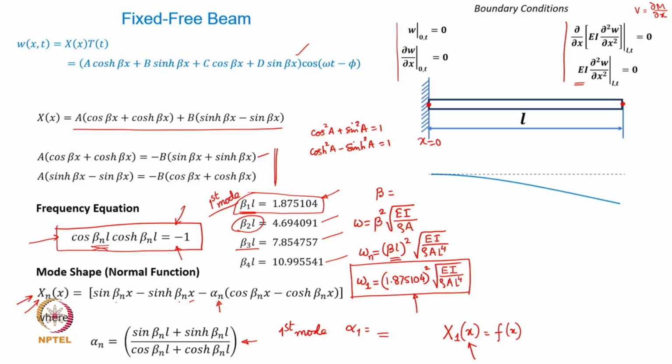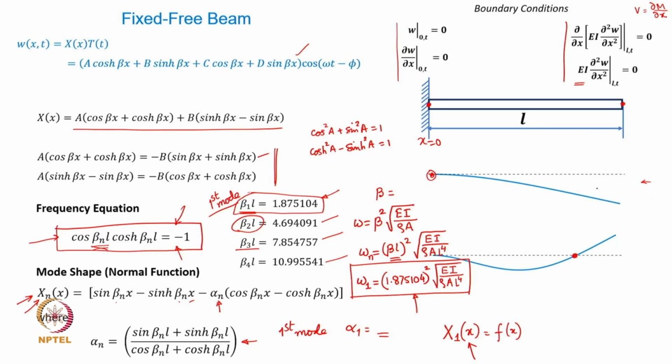So the first one is going to look like this. As expected, at its root, the value of the response is always going to be 0, and the maximum response you obtain at the free end. The second mode would look like this. So now you can see that there is an additional node which is going to get introduced. We typically do not consider this one as a node. Sometimes one may use this also as one of the nodes, but